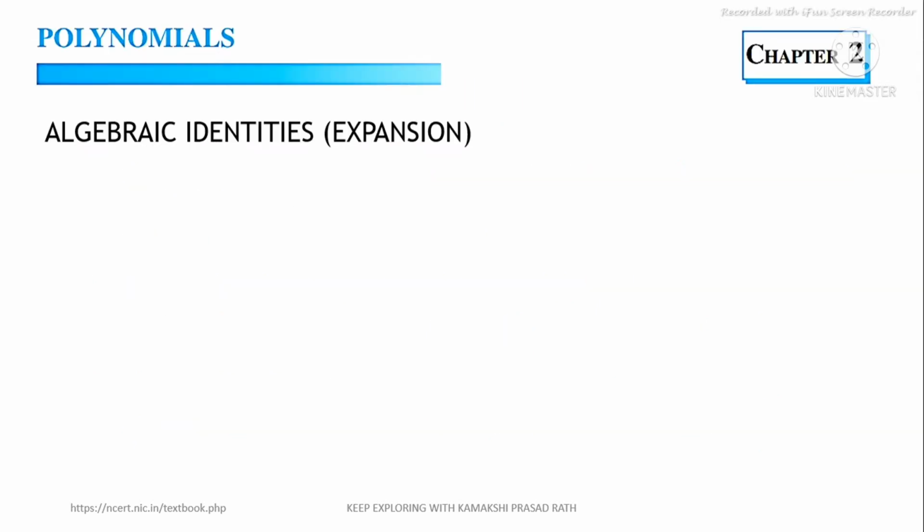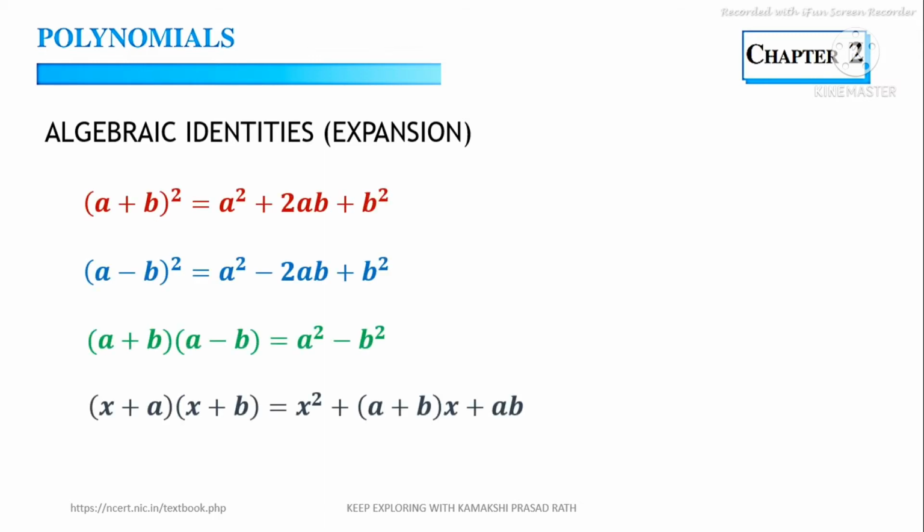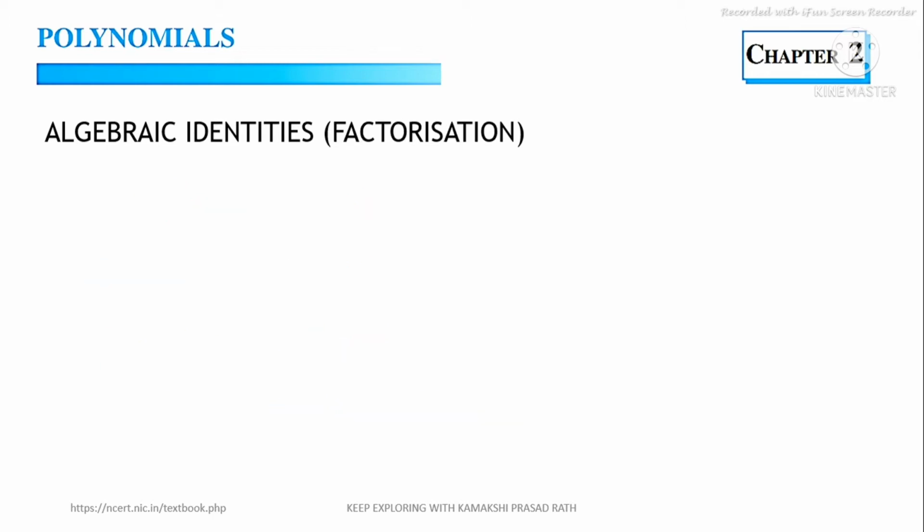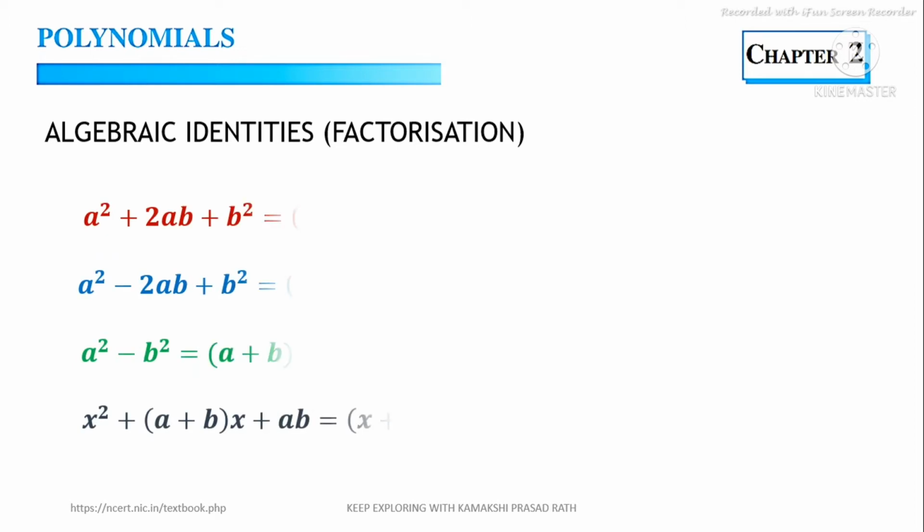Now, let's see what identities we can use for solving these questions. Talking about algebraic identities, we have some expansion formulas and some factorization formulas. Expansion formulas, when we expand an expression, for example (a plus b) whole squared becomes a squared plus 2ab plus b squared. That is an expansion. And for factorizing, if the question is asking for factorizing, you just have to do the reverse. Like a squared minus 2ab plus b squared becomes (a minus b) whole squared. So the most important thing is identifying which formulas to use.